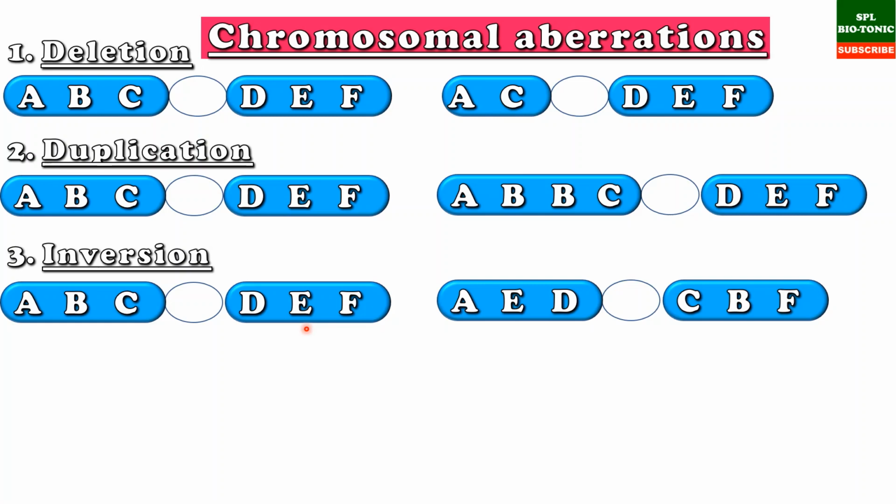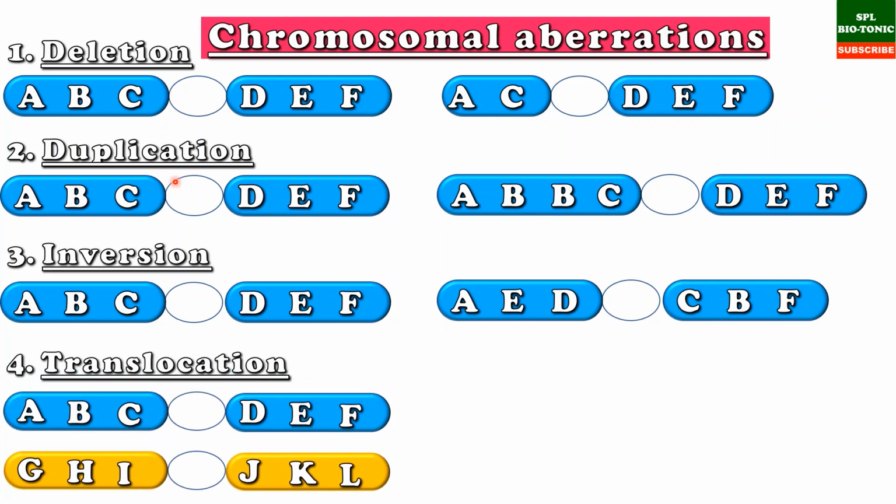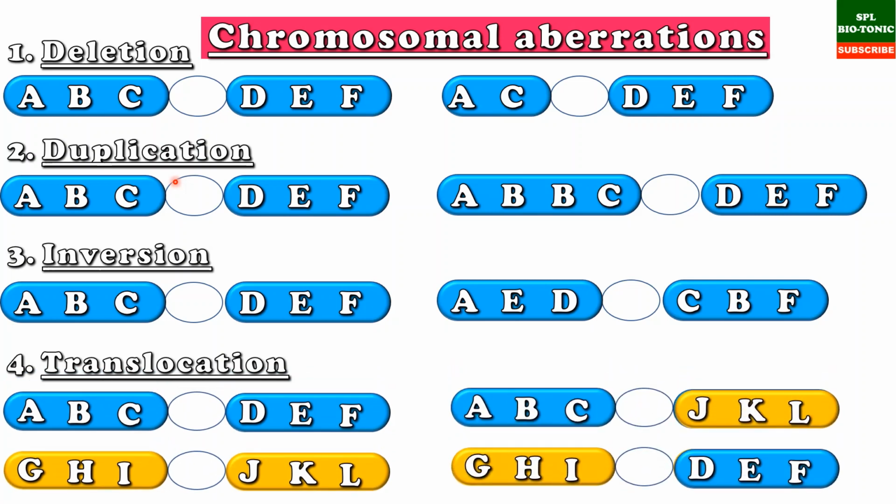And the fourth one is called translocation. In translocation, one chromosome receives the non-homologous part of a totally different chromosome. It is due to jumping genes. If you see carefully here, there is an exchange between chromosomes which are not related. That results in a change in position of a part of the chromosome. We call that translocation. So students, the genetic variations due to chromosomal aberrations are of four types: deletion, duplication, inversion, and translocation.